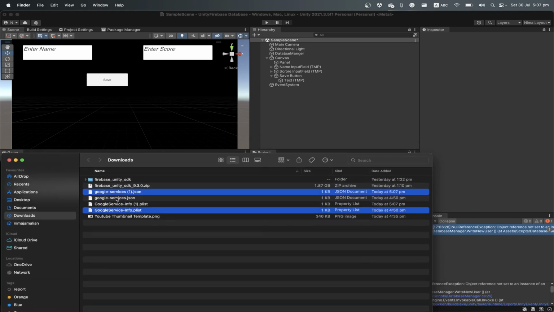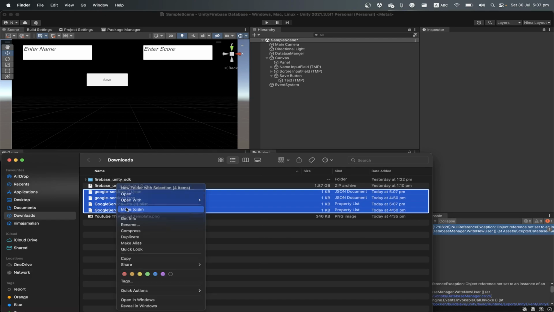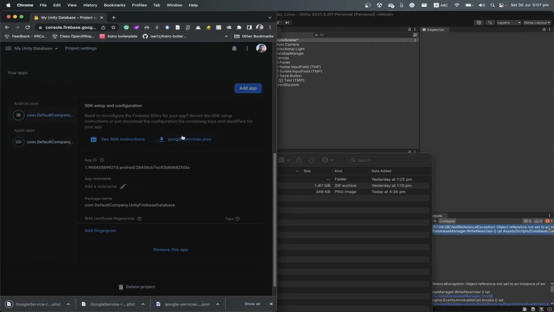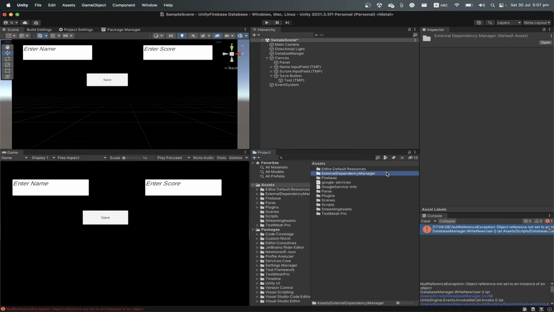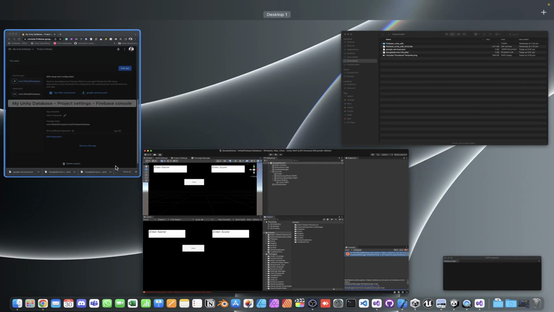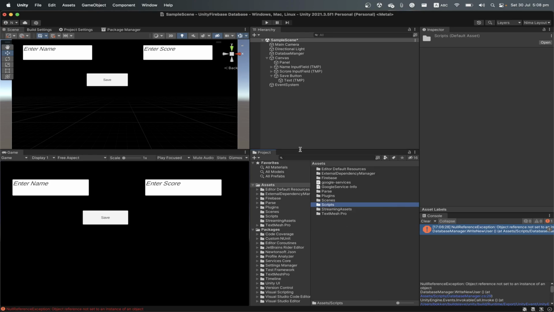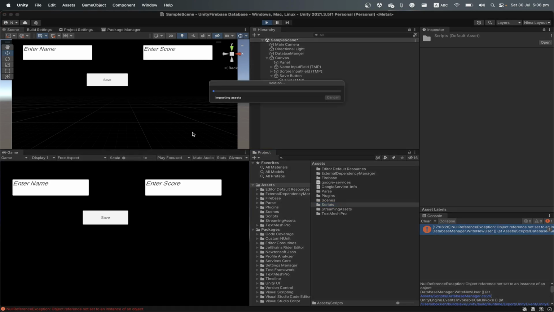I'm gonna delete the one I had previously, and then re-download them. Okay, this one, and then I'm gonna come to my project, delete the old one, and just re-import them. And now if we test this,